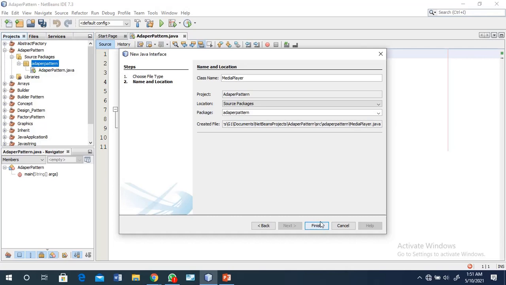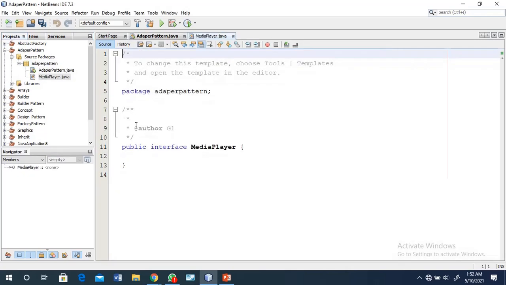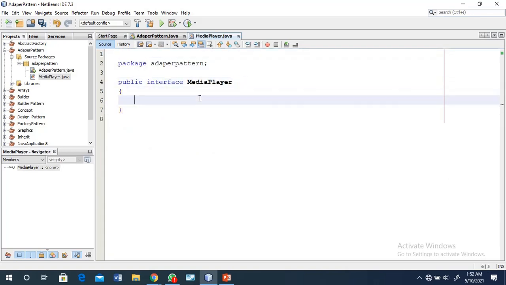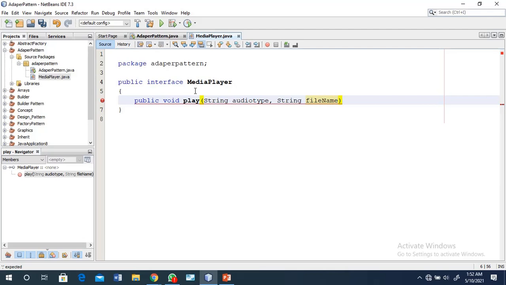You just create that interface, and in it you create one method, public void play, which takes two parameters, string audio type and string file name. You just declare that method inside the media player.